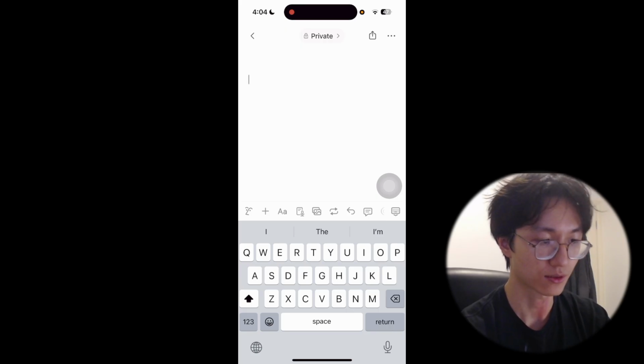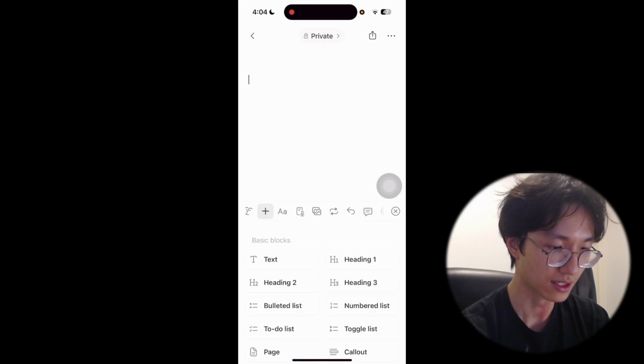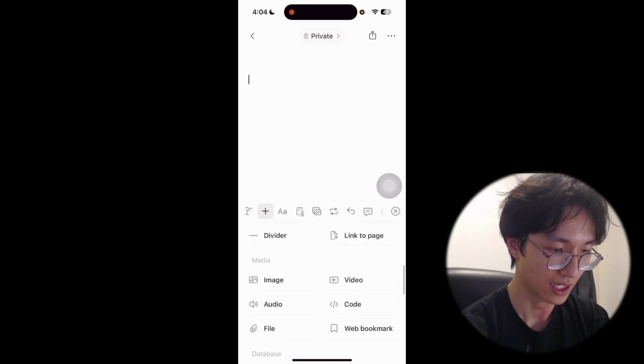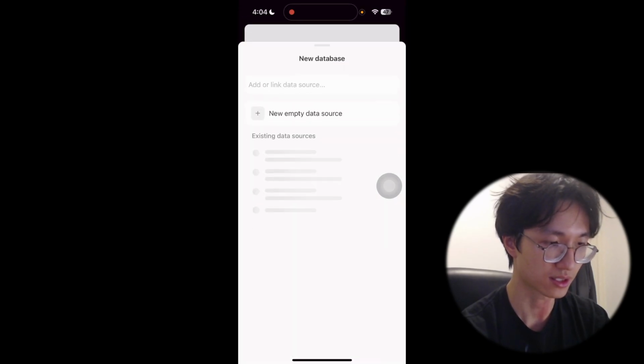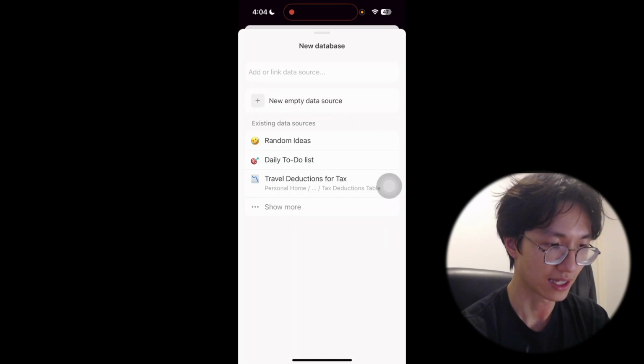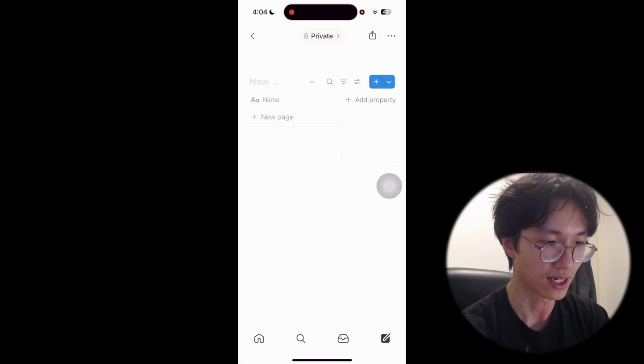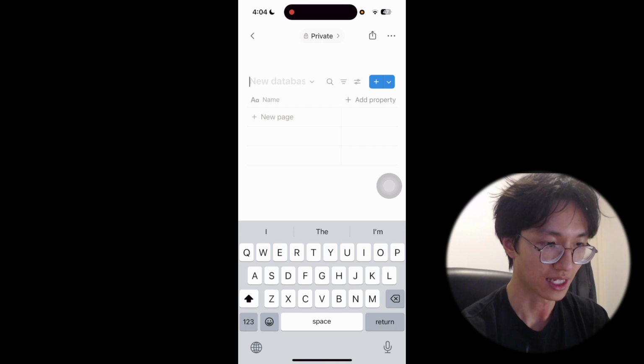Alright, so we need to create a database. So we click on this plus icon and then scroll down until we see a database. So just create any database view. So just click on table view, for example. You can link to an existing database, or I can just create a new empty database. So let's just name our database first. So our database will be,